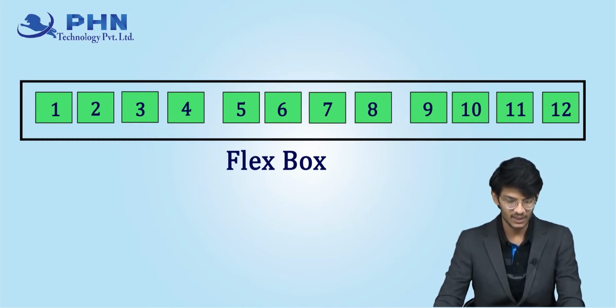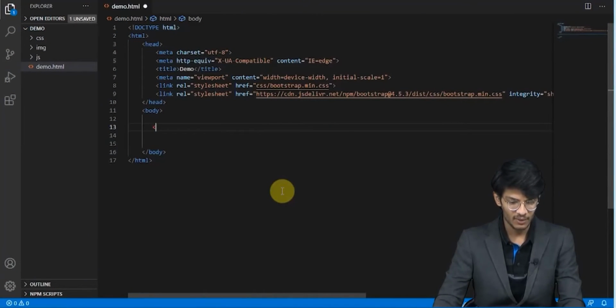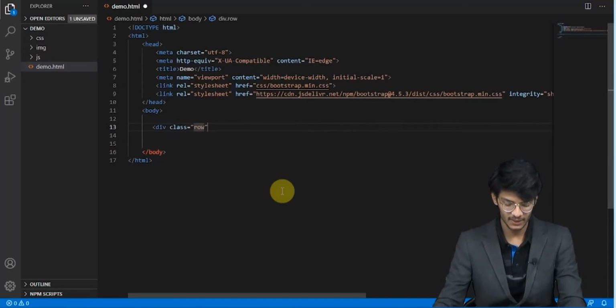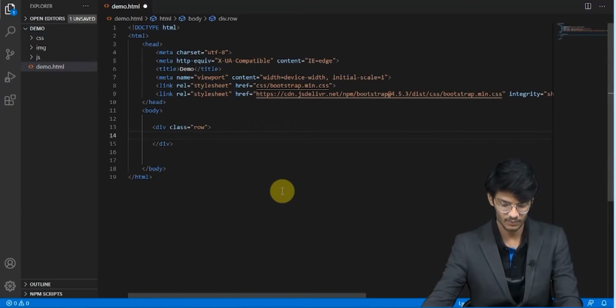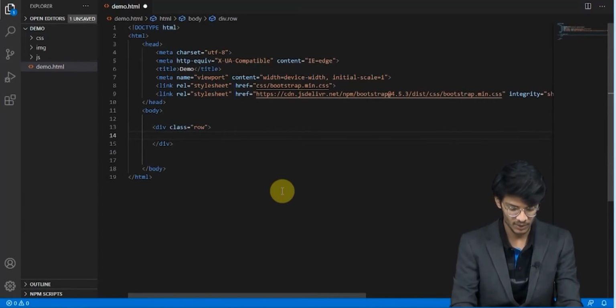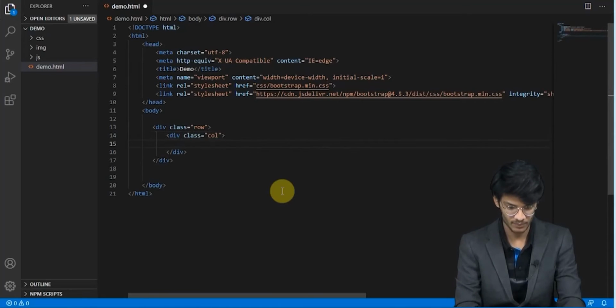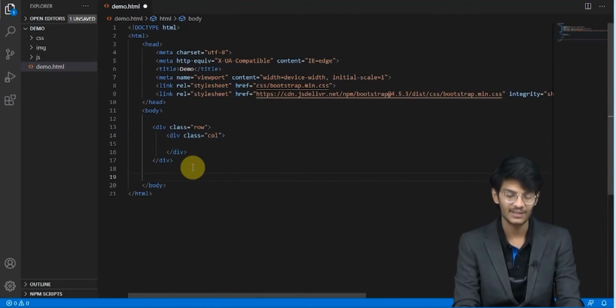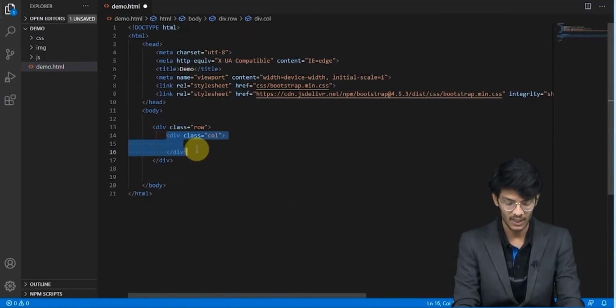So we'll see this. We'll just go to our demo.html which we made, and we'll just type. So what I did here is I have defined a row, and inside a particular row I'll take 3 columns.